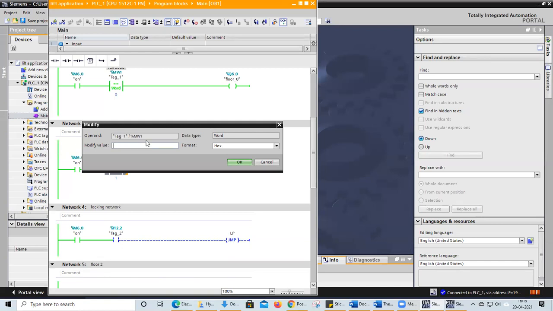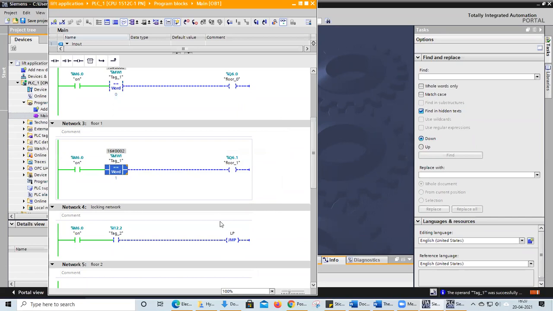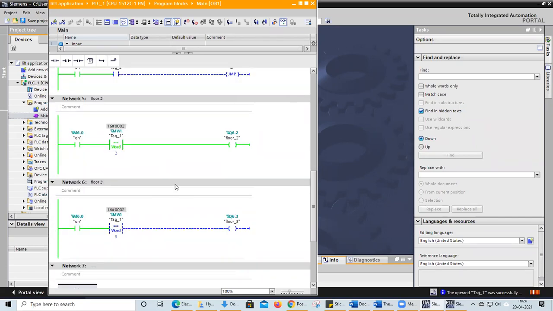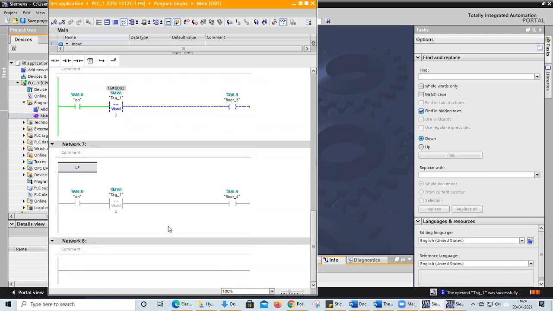Change the format to decimal and modify to second floor. I'm clicking on the second floor. Here you can see floor 2 is working.